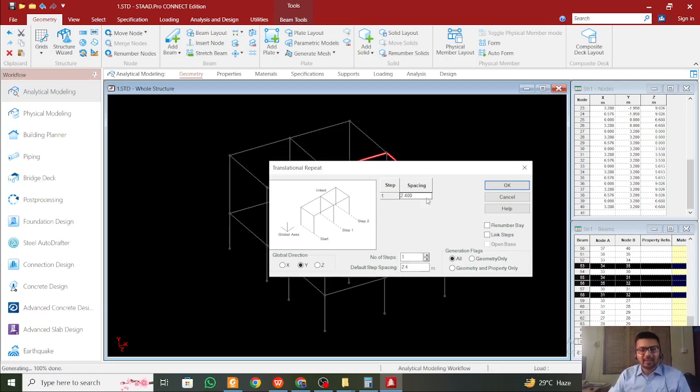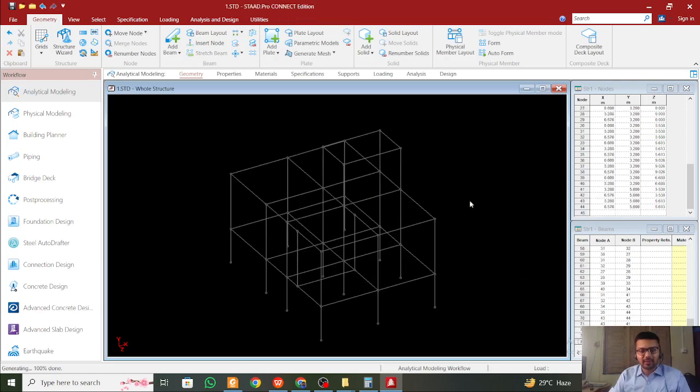So the member height, let it be 2.4 meters, and use the link step option here and click on OK. So yeah, this is done. You see a nice little building geometry here, and for now all the steps in the geometry are